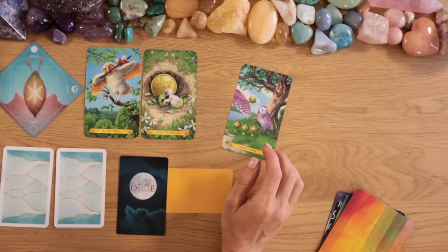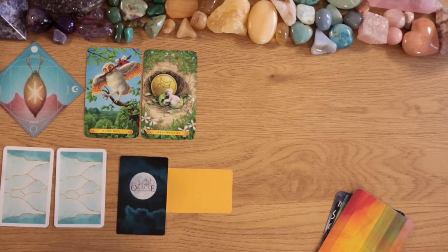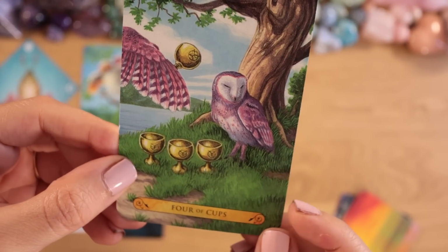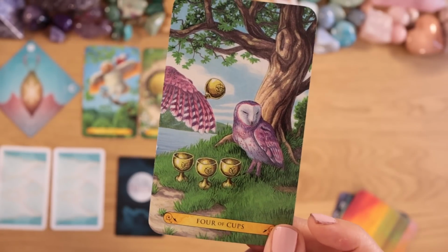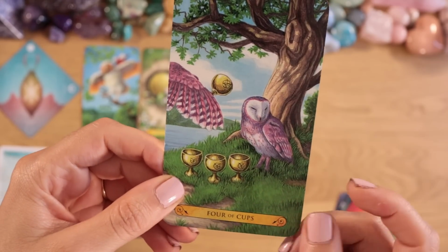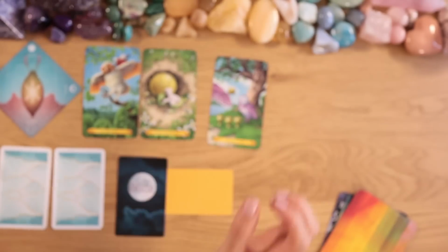What's written for you in the next chapter of your Akashic records? I think you're going to get something that you have been lacking. Something that maybe you've been waiting for, even with 4 of Cups here. 4 of Cups can tell us we're a little bit bored or not satisfied. It can actually also talk about meditation and retreat to find deeper meaning. But somehow it makes me feel like something has been...